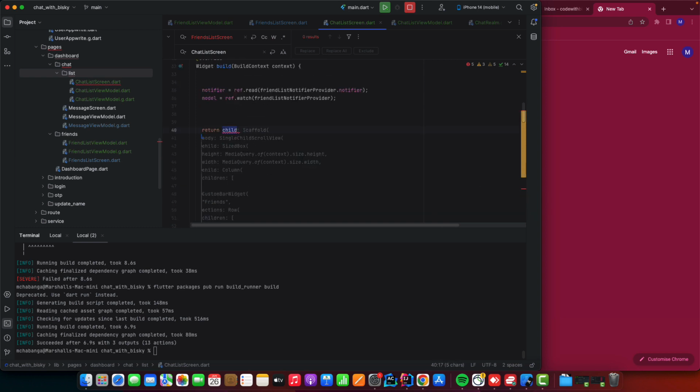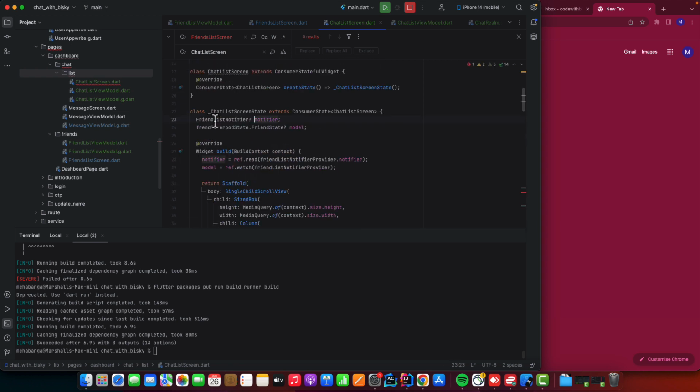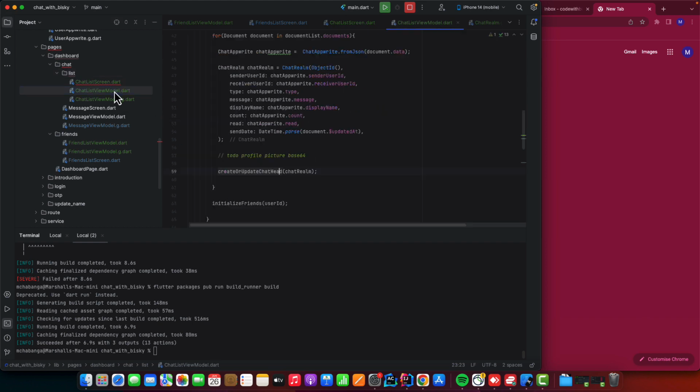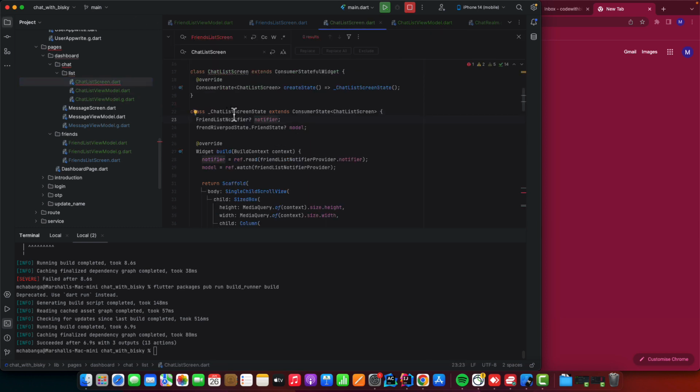And let's remove this child and format this. And here we just want to use the chat notifier, chat list view module. Okay, and we can just do this here,